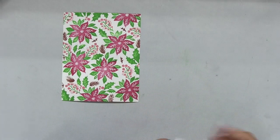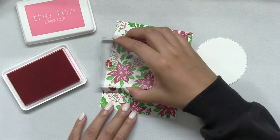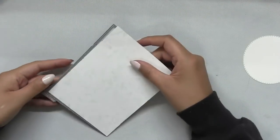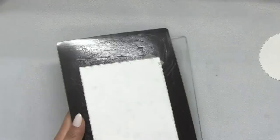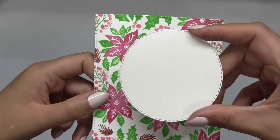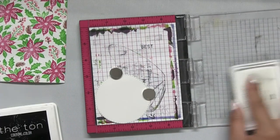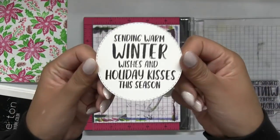So after I stamped the pine cones, I just filled in some of the empty areas with this smaller branch stamp, and then I stamped the coordinating berries. Next, I also die cut a round circle using our double stitch dies. I also took the largest die from our double stitch rectangles to add some stitching to the edges of my stamped panel. With that round die cut, I just stamped our sentiment in our noir dye ink, and I really